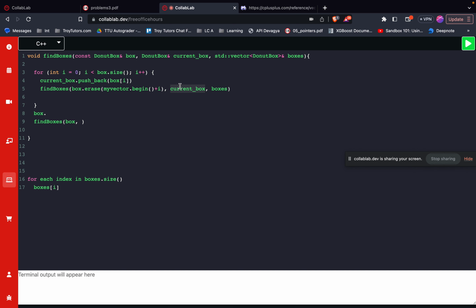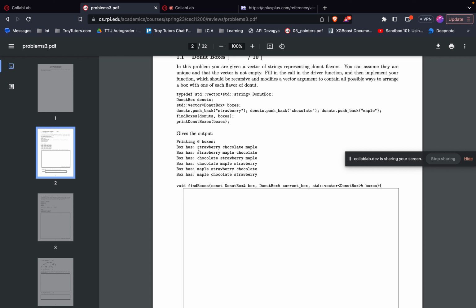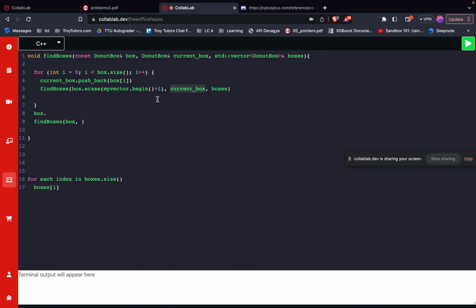The purpose of current box is to keep track of basically this collection right here. So the first time through, it's going to be a vector with just strawberry. And then if the next time through chocolate's the one when we go down this path, we're going to put down chocolate, right? And then if we go down and we do maple, we're going to do that. And that's going to allow us to basically collect all these things until we get to a base case,